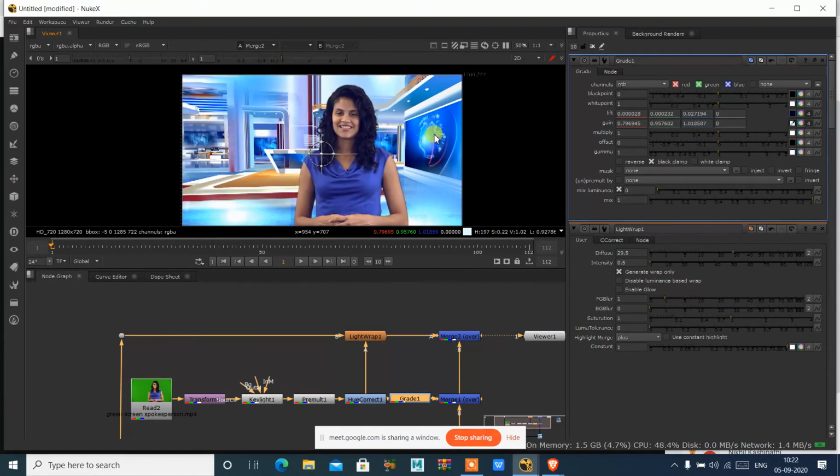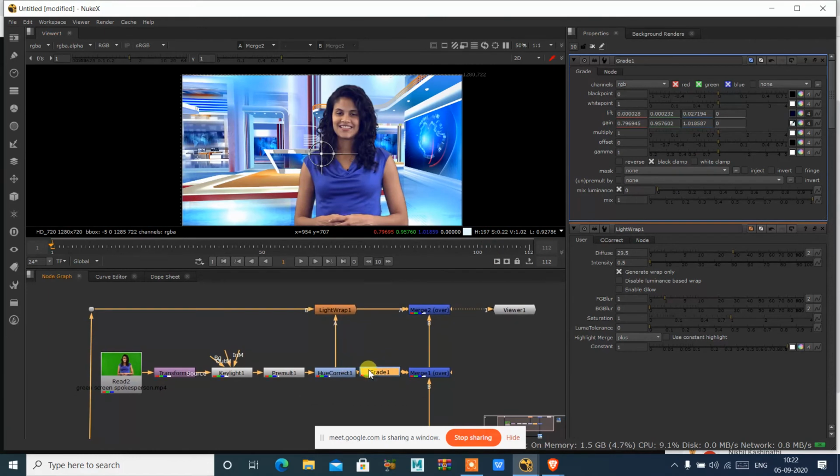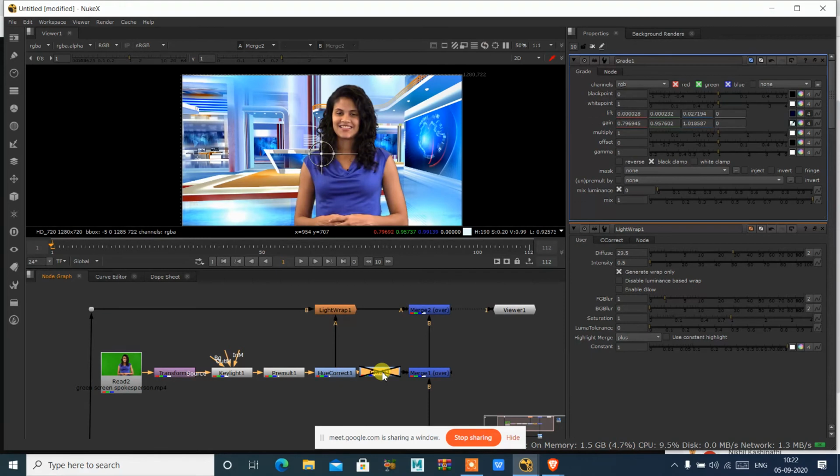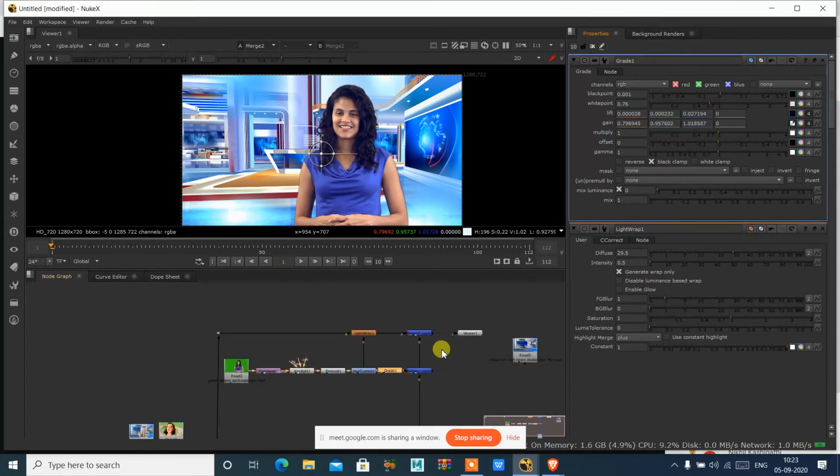We have done the selection, and I just connected the dark and bright. If I press D, you can see how it has done the color correction on top of it. So it is blending with this scene now. If you want to increase the brightness, you can adjust this white point. If you want to adjust the darkness, you adjust this black point over here, depending on how much you want this to be done.